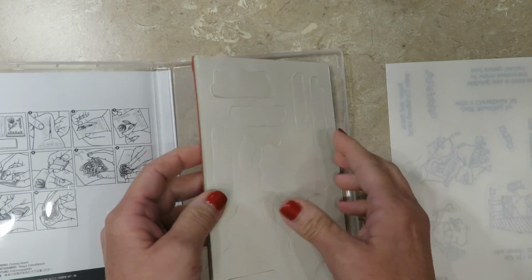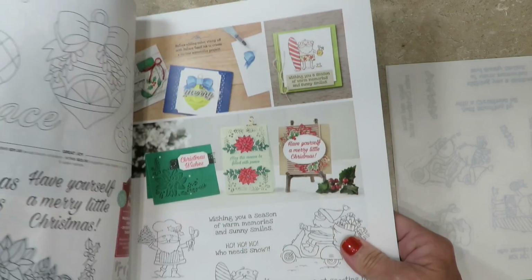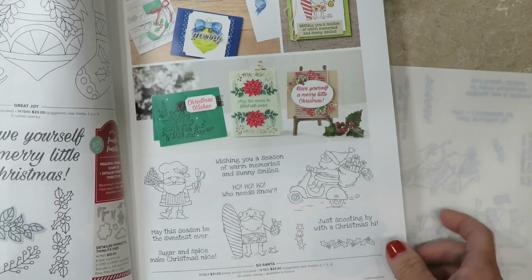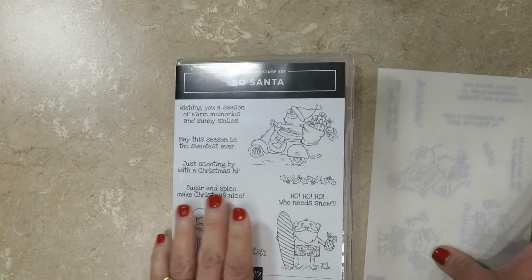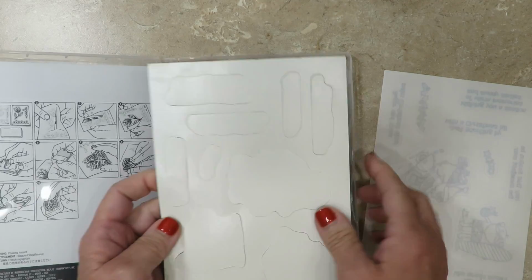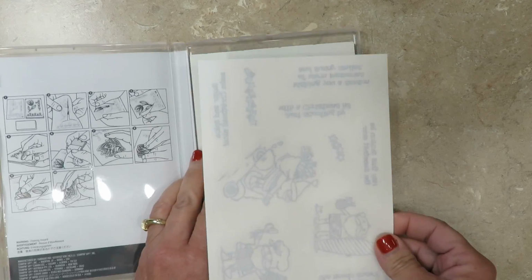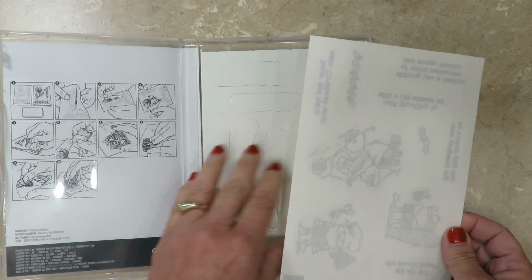This So Santa stamp set can be found in the holiday catalog. You'll see it here on page 23 down here at the bottom. Really some cute images. When you receive your brand new clear mount stamp set, inside, of course, you'll have your rubber and there will be pre-die cut areas for the images. There's also a sheet of stickers that go on the back to indicate where the images will be on the